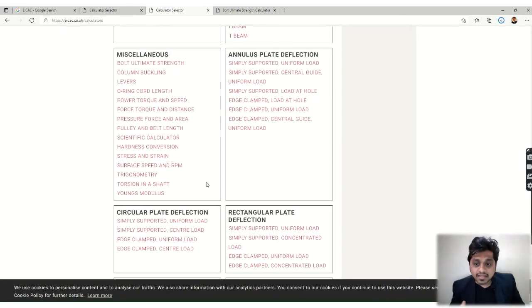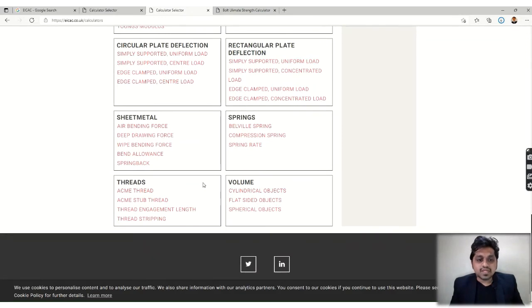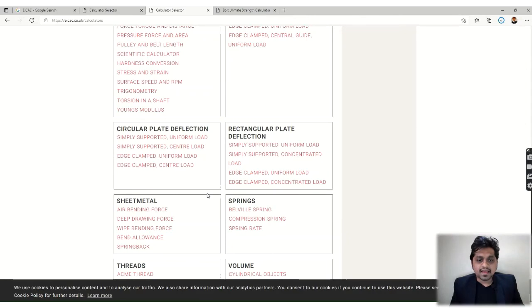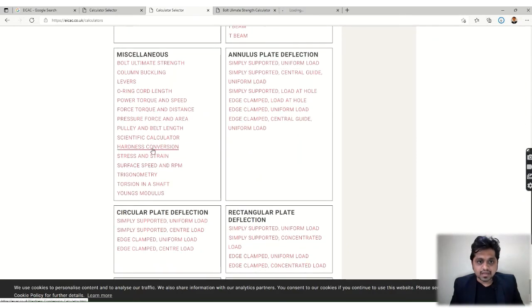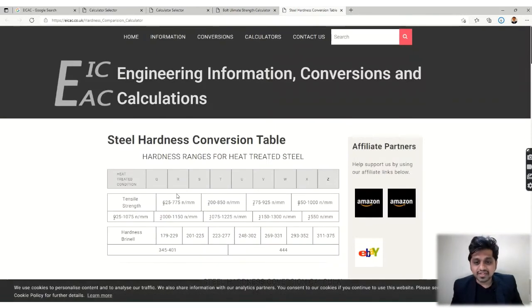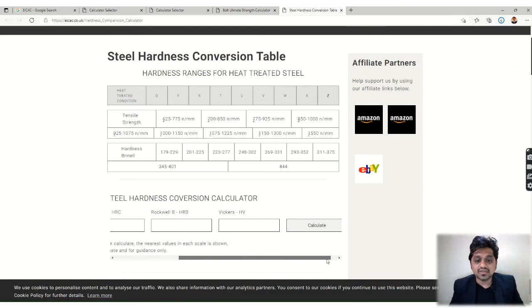Let's take another example for the calculation purpose. Let's take a hardness conversion. So here you could see the hardness conversion chart which is given in heat treatment of the steels. On the bottom you could see the steel hardness conversion calculator.